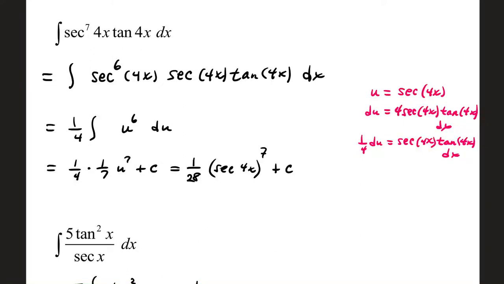The integral of secant to the 7th power of 4x times tangent of 4x dx. We can start this one out. We can take the 7 secant 4x's that we have, split that into 6 and 1. We maintain all 7 times tangent of 4x dx. The reason I moved one of the secants over to the side is we can use secant as our substitution